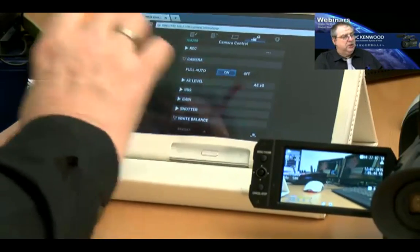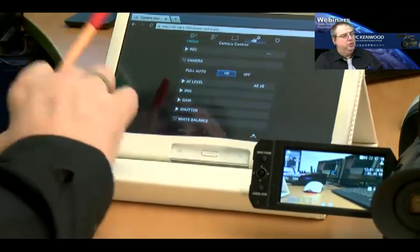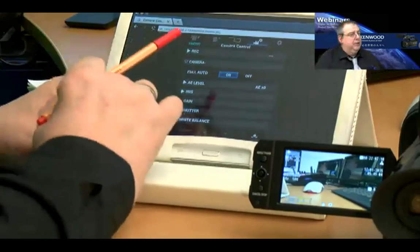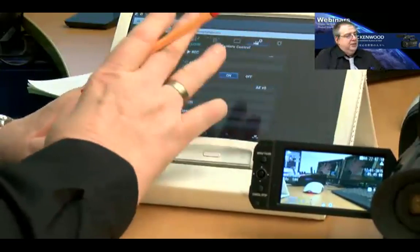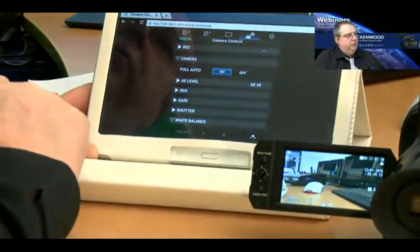What does it mean? If you're sitting in the studio or somewhere else, somebody external can control your camera. So if the cameraman, or your video journalist, maybe a friend of yours, does not have so much knowledge about cameras, or he simply overlooks something like the white balance, you will have a full external remote control over